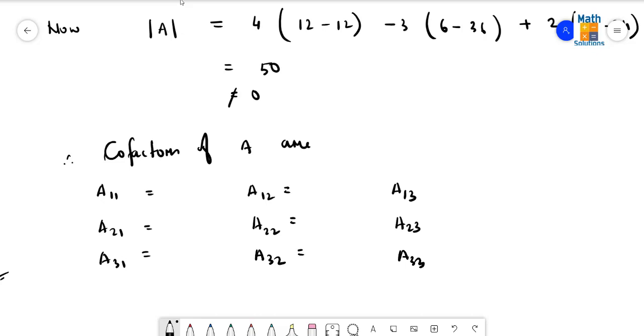Let's check what results we get here. A11, the values are 0 here, then after in this case it is 30, then after here we shall be getting minus 20, then